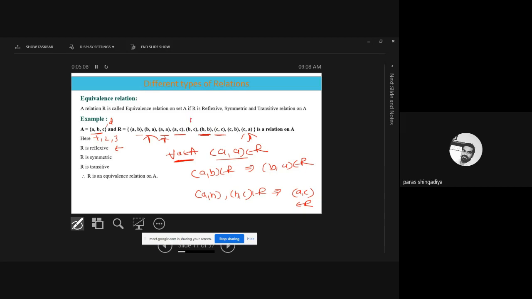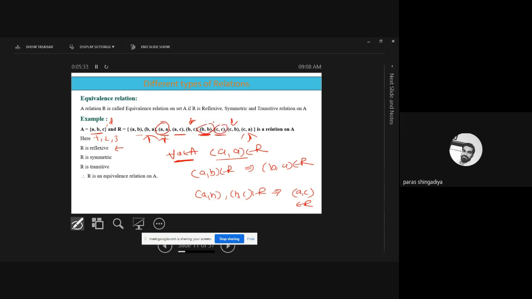Okay, then after B comma C, for B comma C, C comma B exists here. Okay. And then BB and CC are by default in symmetric form. So for all such given pairs, AB, okay, BA exists here. So this relation is a symmetric relation.